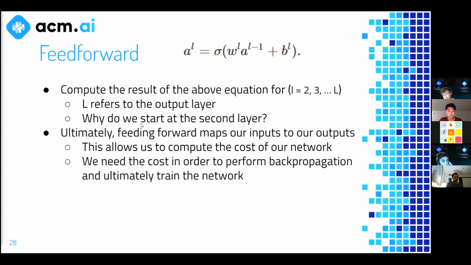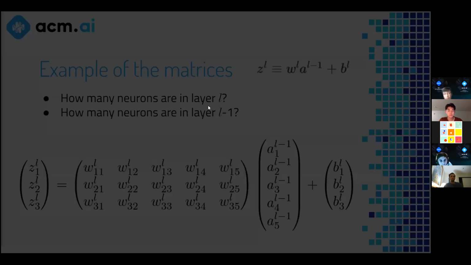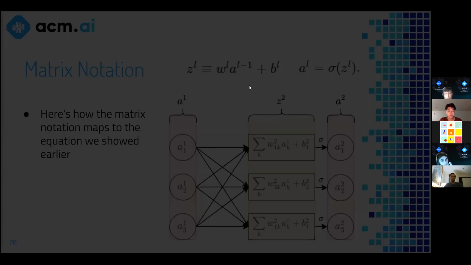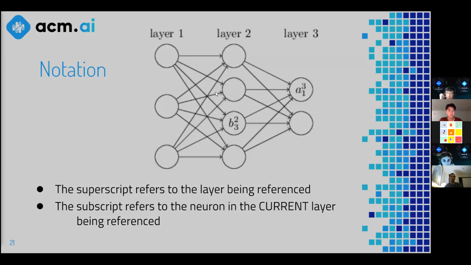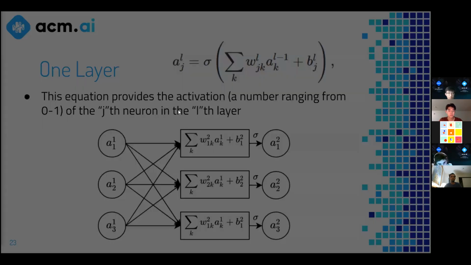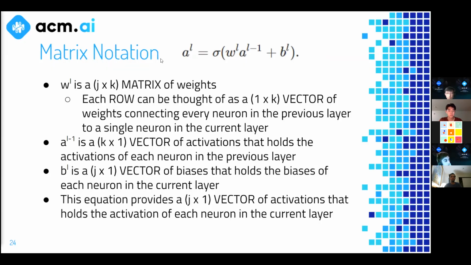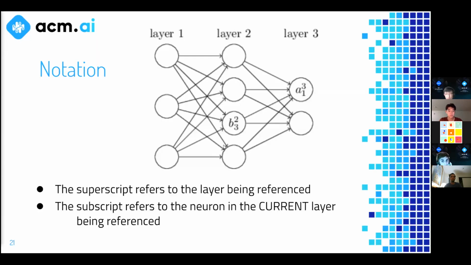So for example, let's pretend this is the whole model, right? Usually your model will be bigger than this, but let's pretend this is the whole model. This is your input layer. You have one hidden layer. This is your output, right? So when we feed forward, we need to basically apply that equation, this matrix one. We need to apply it twice, right? The first time we apply it, we get the activations for our layer 2. And then the second time we apply it, we get the activations for our output.